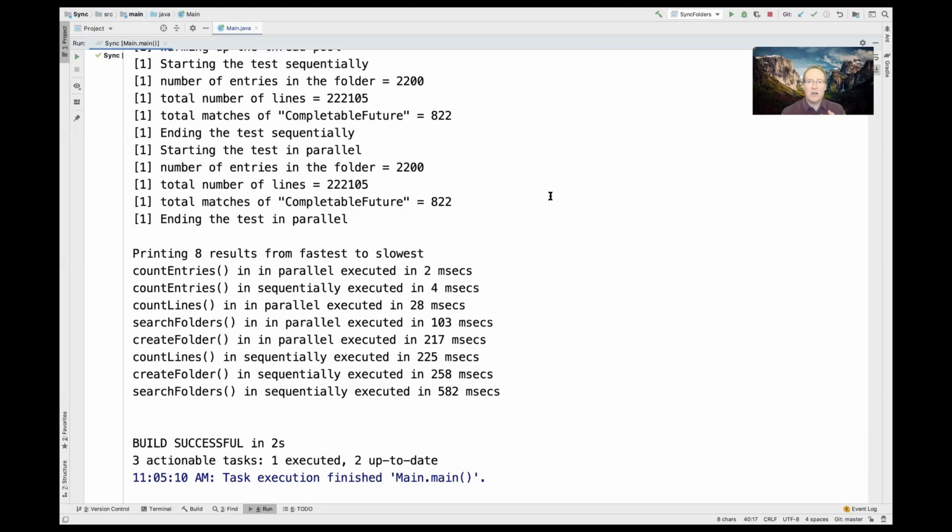This particular computer I'm working on is a Macintosh MacBook Pro that has 16 gigabytes of memory, and it's got 4 cores, which are hyper-threaded. So it's basically got essentially 8 virtual cores. And you can see here that for some of the operations like counting the entries, the difference between parallel and